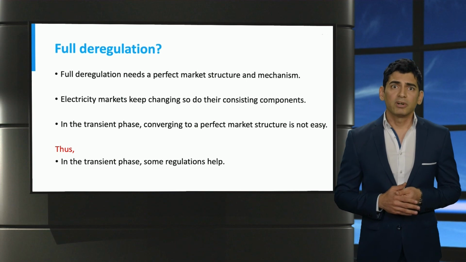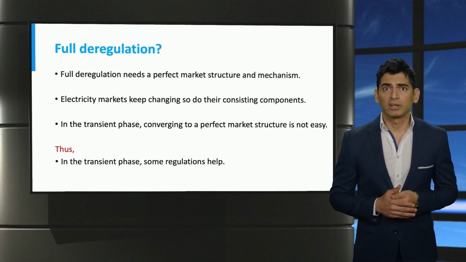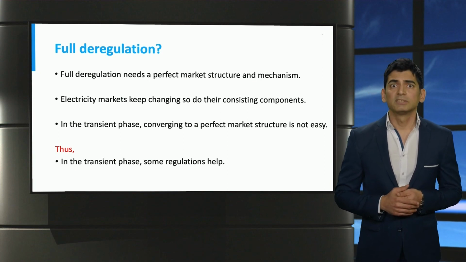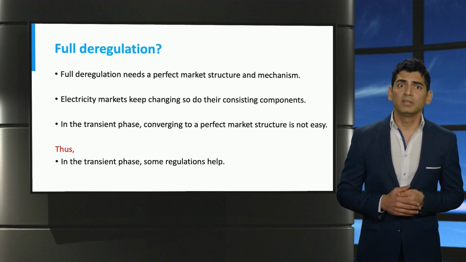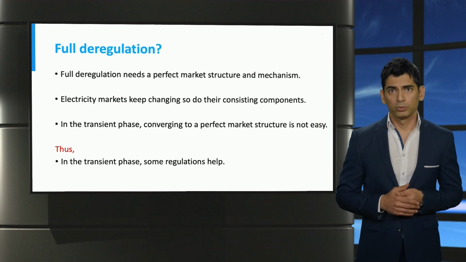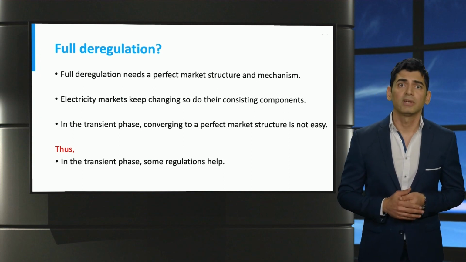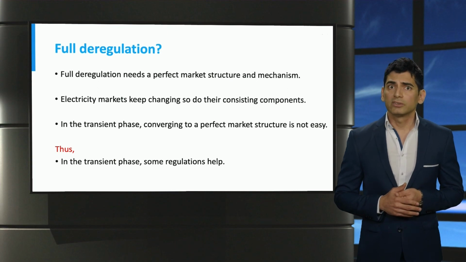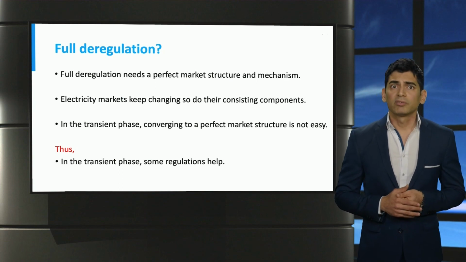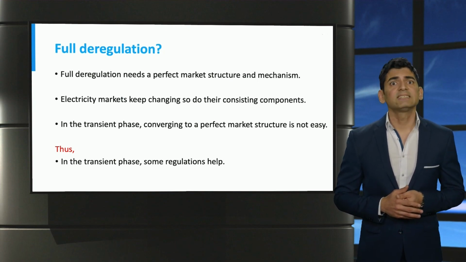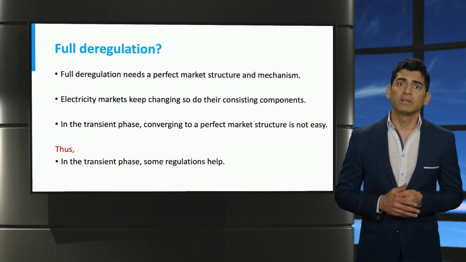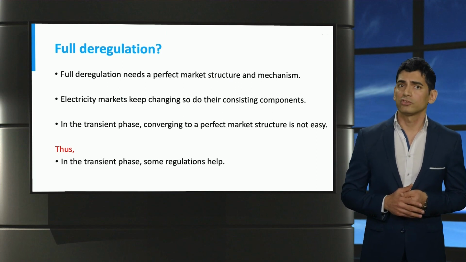Unfortunately, though, a perfect market structure is very difficult to design, especially with the dynamic changes that are happening in electricity markets. This is why we see electricity market structures keep changing, even in an inconsistent way across different countries. To steer market directions towards decarbonization and to avoid manipulations, regulators still hold some rules in these markets. So, some level of regulatory intervention, at least in the transition phase, is always helpful to ensure that the market is moving in the right direction before it is designed efficiently.